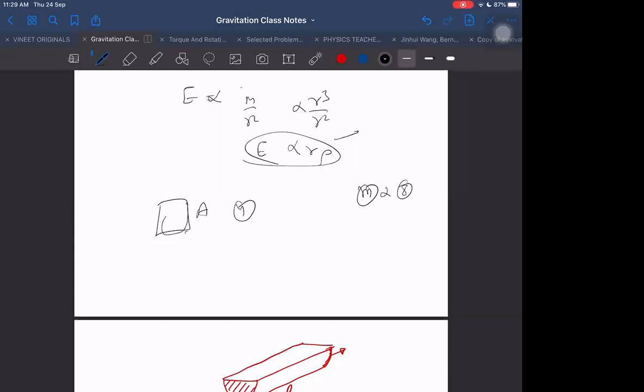Then what happens to force per unit area? Force per unit area, 8 upon 4, so the pressure on our feet will become 2 times. We will feel the pressure on our foot to be 2 times. And what happens to the acceleration due to gravity? As I told you, R becomes 2 times, so acceleration due to gravity also becomes 2 times. Pressure on our feet also becomes 2 times. So things are increasing in proportion.